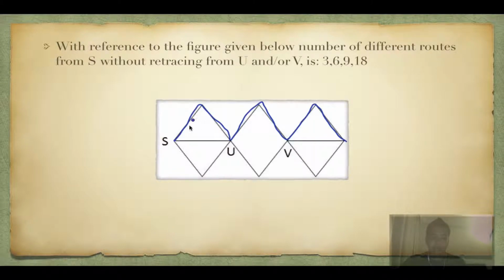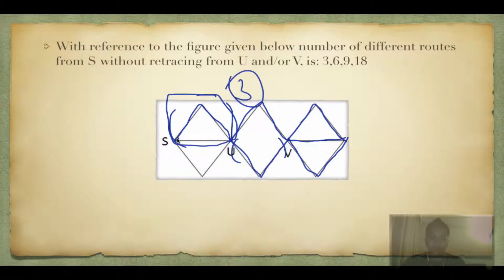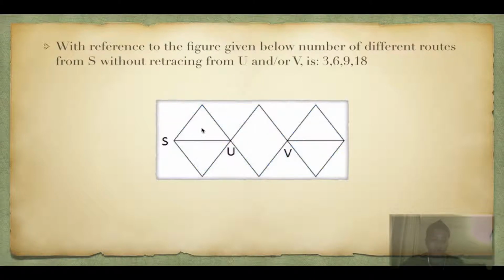For the second path, since I have taken this, let's assume this part remains the same. I can take either this path, that is the second path, and now assuming this is also the same, I can take this, the third path. So using only this portion, I can reach in 3 ways. Similarly, using this portion I can reach in 3 ways, and using this portion also in 3 ways. So if you fix one of them, then it has to be multiplied. You can go by 3 different ways from S to U, 2 different ways from U to V, and 3 different ways for the final part. So it will be multiplied and the answer will be 18.